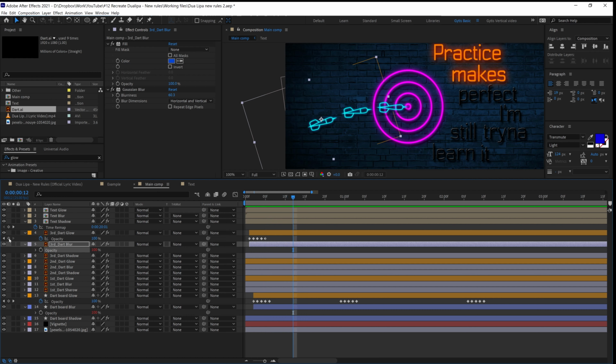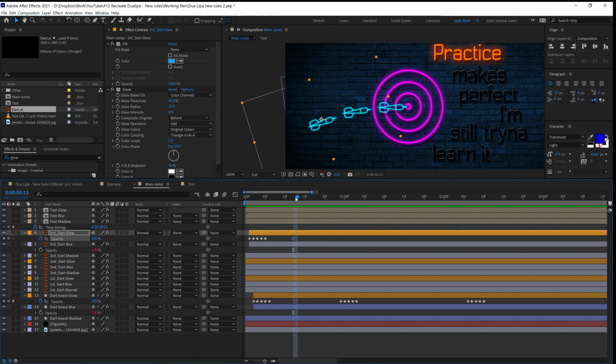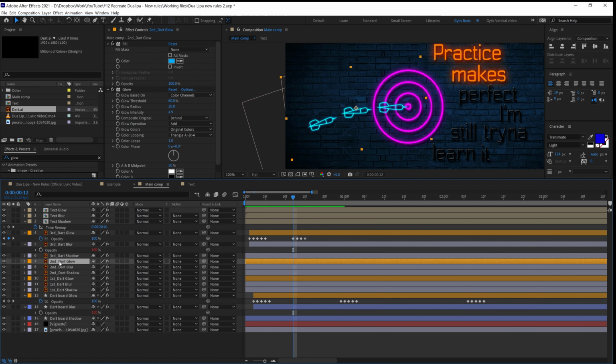I will add another keyframe and I will blink it out slowly. 0. Again, something like 40, 0. How does it look? Hop, and I will add the same animation to the second dart